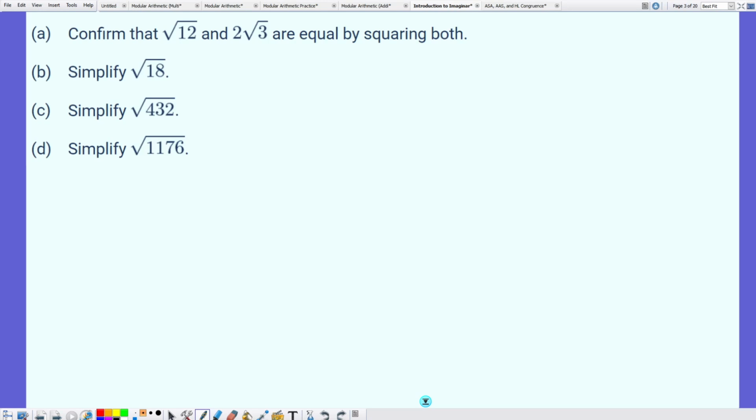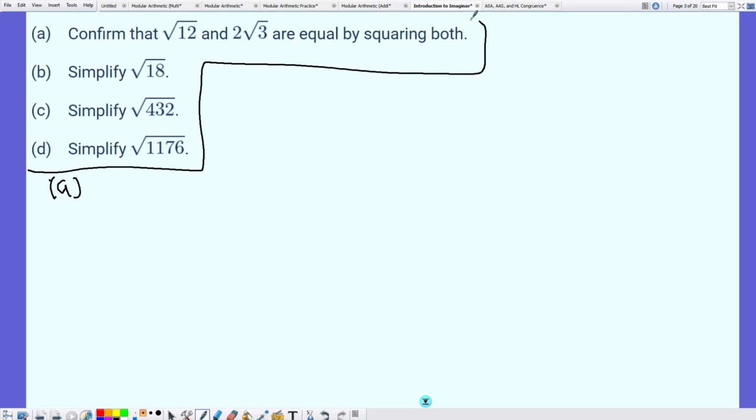Okay, so moving on from perfect squares, what if we have non-perfect squares? Such as the square root of 12 and 2 times the square root of 3. Well, let's see if we can examine part A, where it asks us to confirm that both are equal to each other by squaring both. So, the square root of 12 squared,